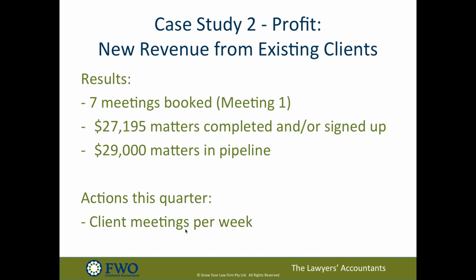Their actions for this quarter is purely focusing on client meetings per week. So some great outcomes. Now look, I've actually come to the end of my 45 minutes that I've allotted. So I understand if you've got to leave, but the next case study I'm going to run through, and I'll run through it a little bit more quickly so that we don't go on for too much longer over the allotted time. But the next one is about